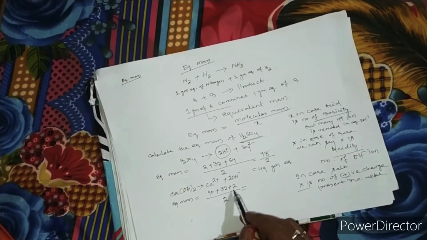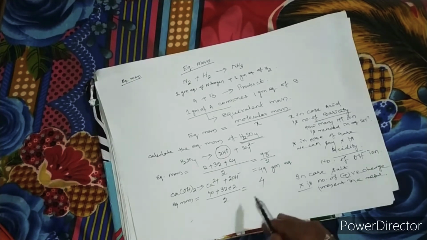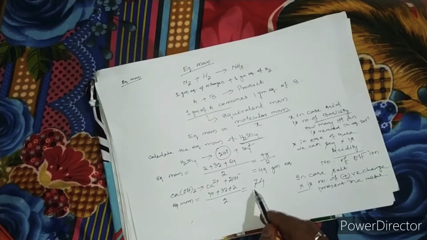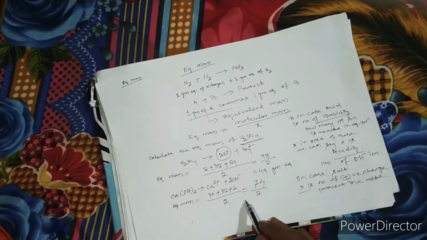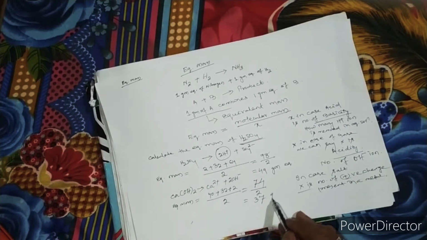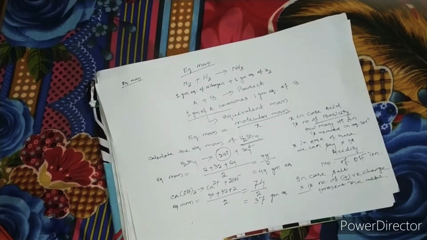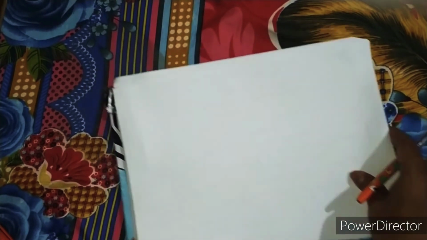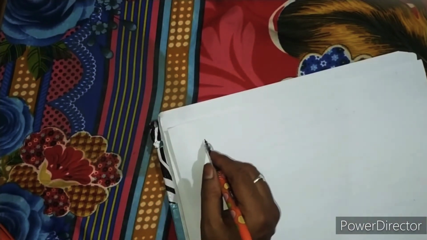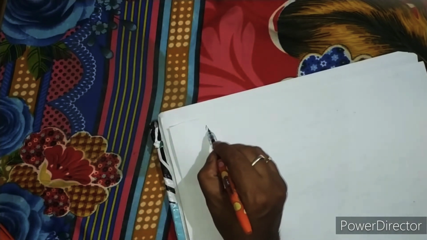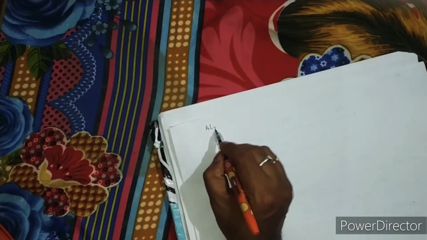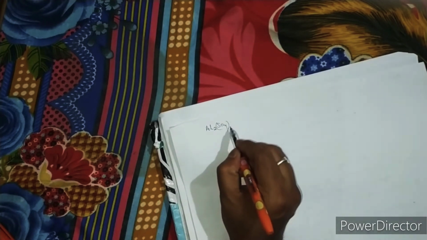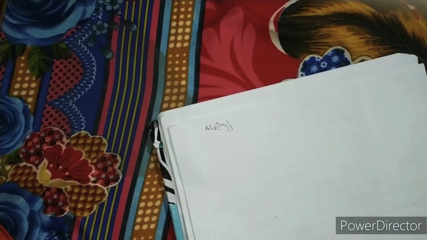Calculate it. 40 plus 34, that is 74, divided by 2. So that is 37 gram equivalent. Similarly, we can calculate for one salt. Suppose Al2(SO4)3, aluminium sulfate. Then here